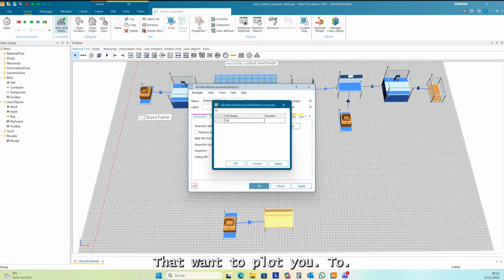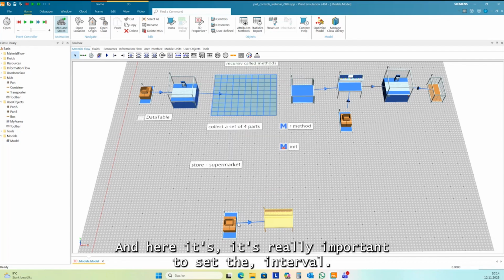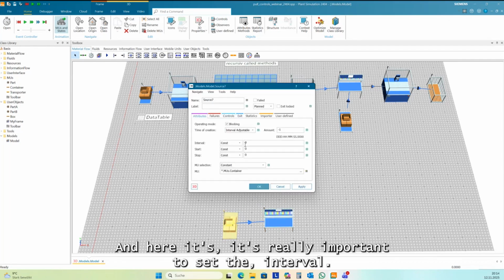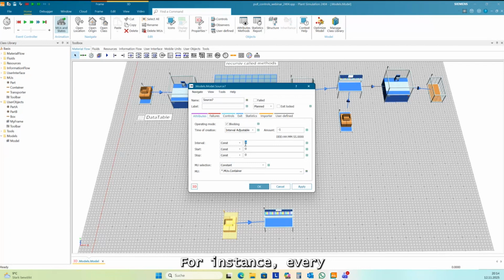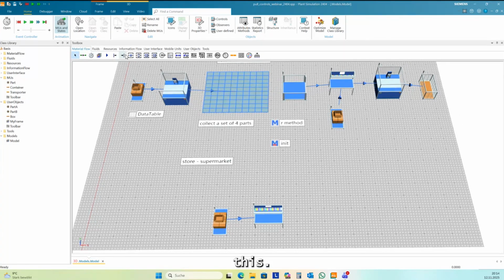I want to have part E, Q, and part B also. And I want to attach MUs. And here it's really important to set an interval. For instance, every 5 minutes, you have to deliver to this customer source here.